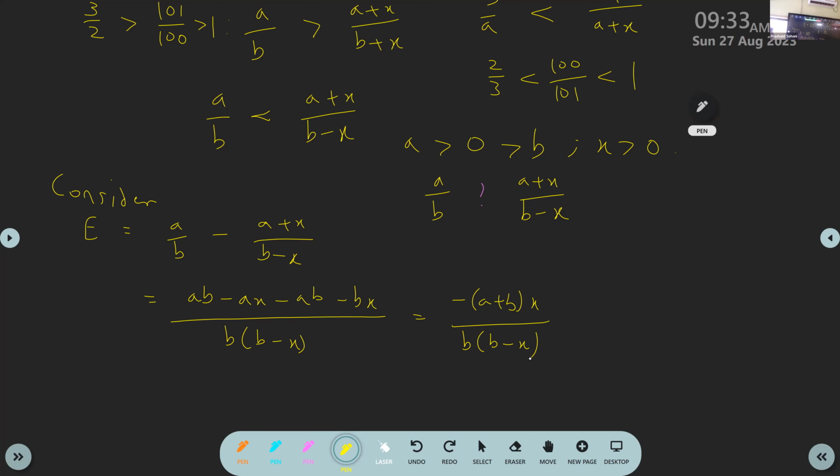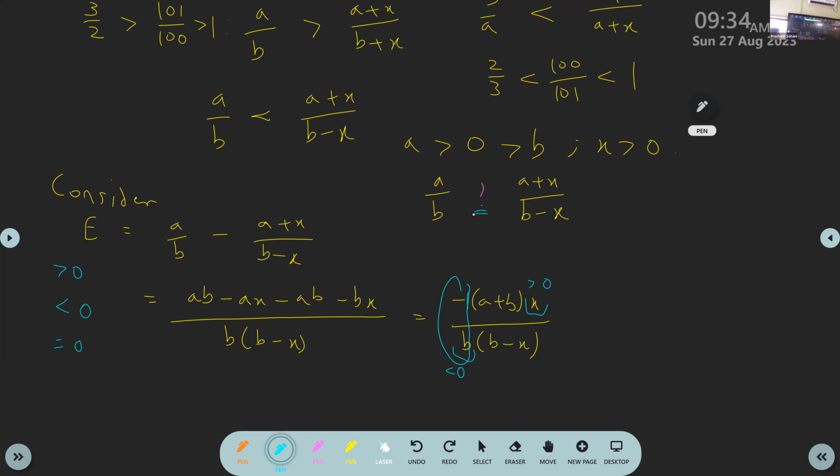Okay, we get something like this. And now if you look at this expression purely in terms of the signs, forget the magnitude, then what are the signs of all the terms? Like here, obviously you have -1. Here x is positive. So this part is positive, b is negative, right? So the negative and minus will kind of cancel each other. So here we'll just have some purely positive magnitude left over. And so finally we want to determine whether this E is greater than 0, less than 0, or equal to 0. That is what we want to find out,